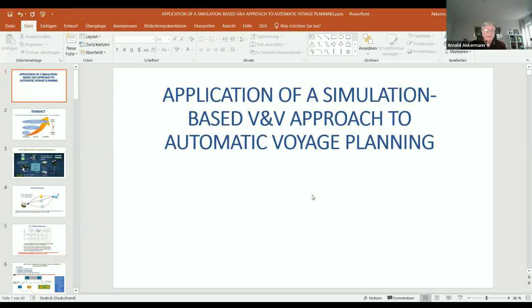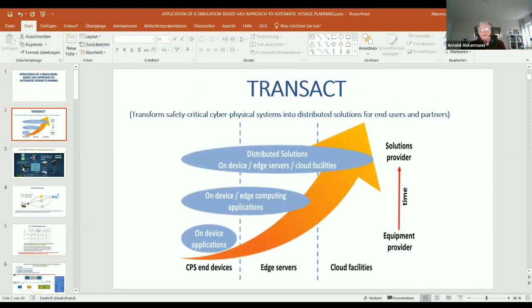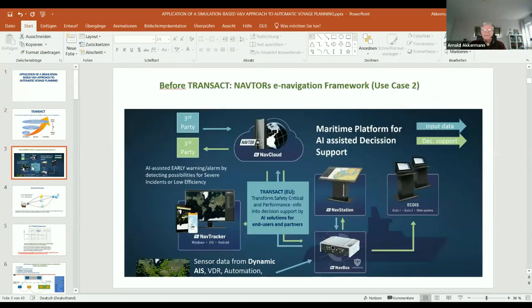It's an outcome of the Transact project. Here, the main goal is a transformation from standalone systems to edge cloud-based systems, and in our use case, the maritime use case, we want to develop an ML-based auto route for vessels. Today, before Transact, these